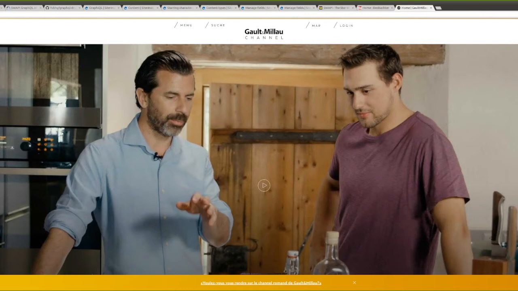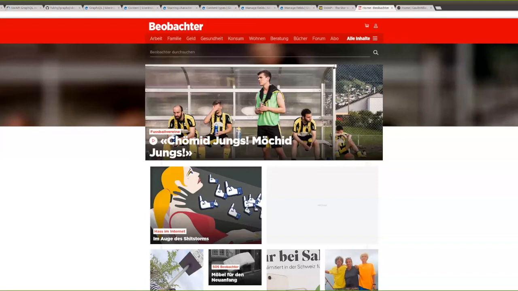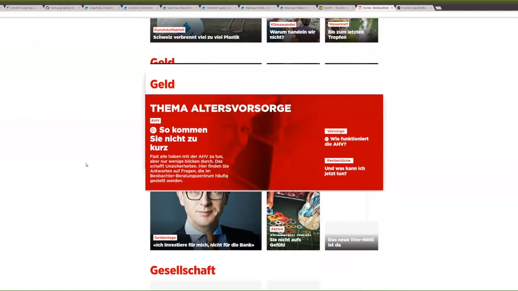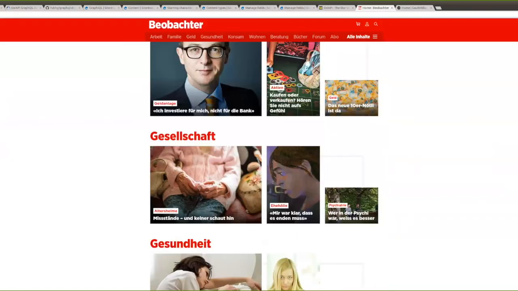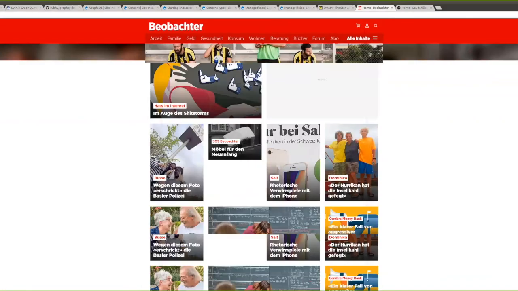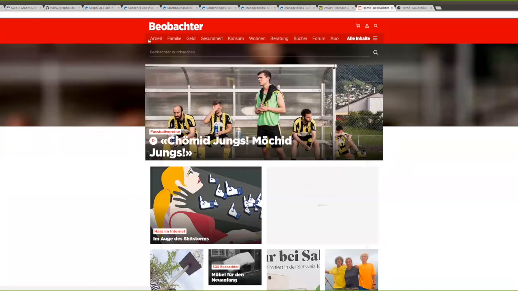So we're using the groups module here to control content streams for the different online magazines. So this Gomeo website uses a different publication, a different group publication stream to fetch all of the content associated with that website, and Beobachter also uses a different one, obviously. And then all of these things here are generated with React, and they run GraphQL queries to fulfill the data dependencies of this front-end application. And as you can see, it's running very fast because we are really only fetching that information that is required